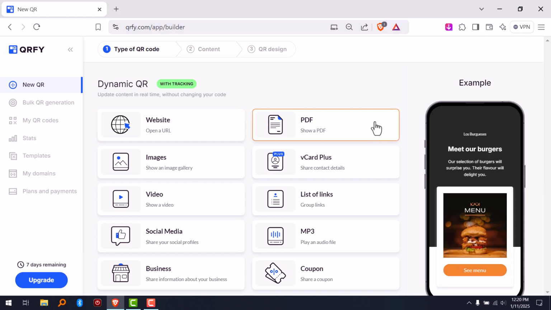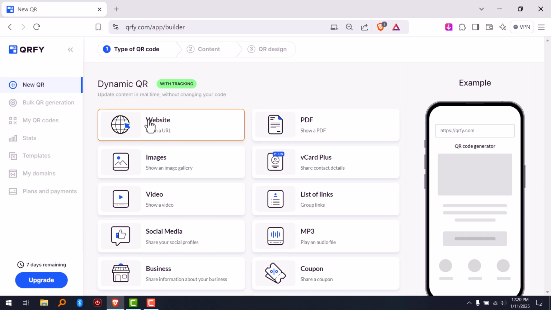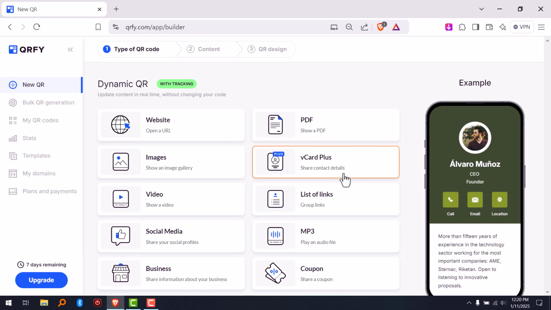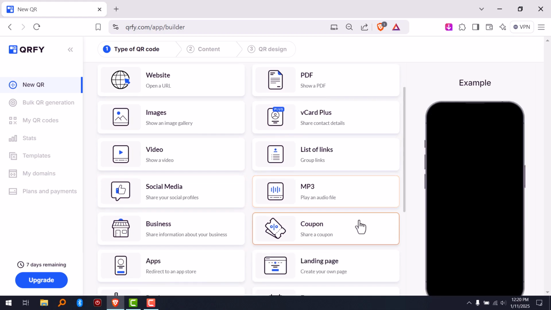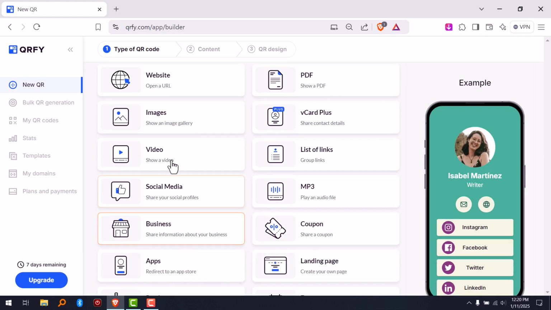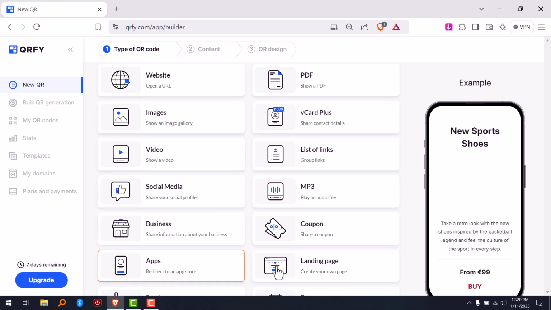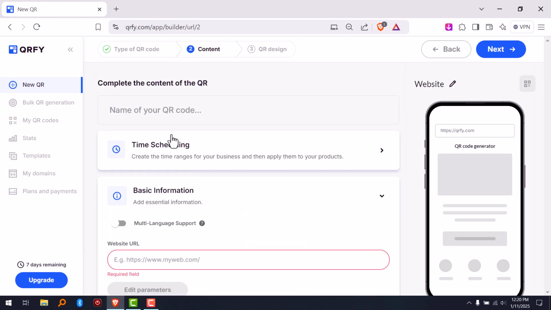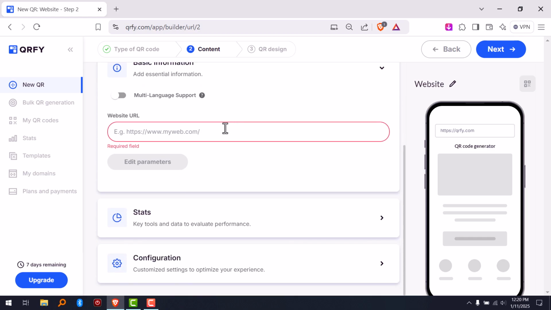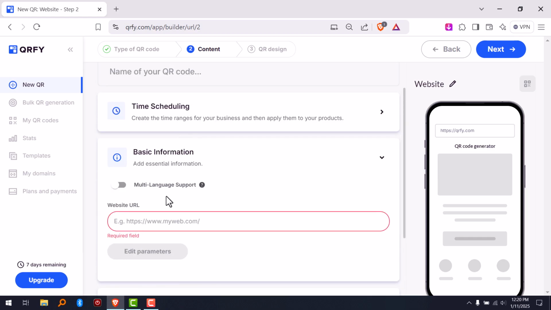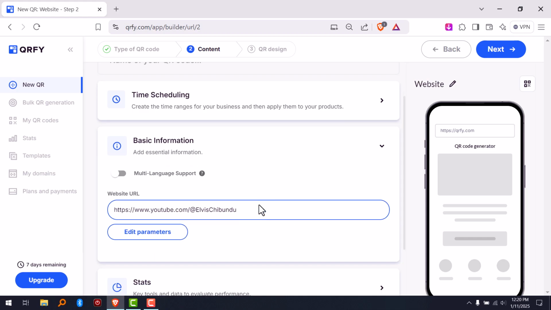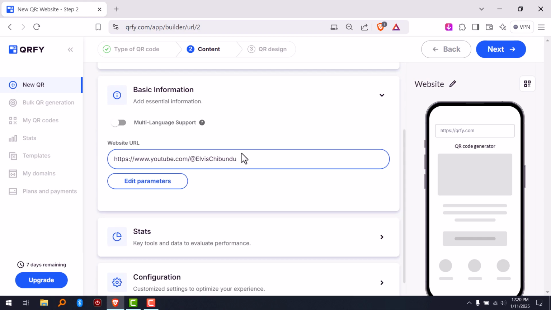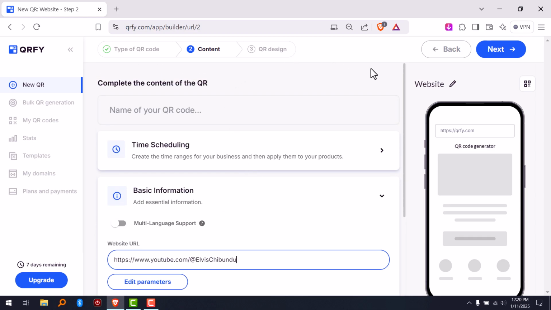So you have so many options to choose from. You can create a QR code for your website, PDF, vCard, list of links, videos, social media, MP3, so many options to choose from for businesses, apps, and so on. So I'm going to go with a website, and you can choose to put your YouTube channel, or if you have a website, you put it. Let me just use it for an example in this video. So when you put in the link, you click on next,